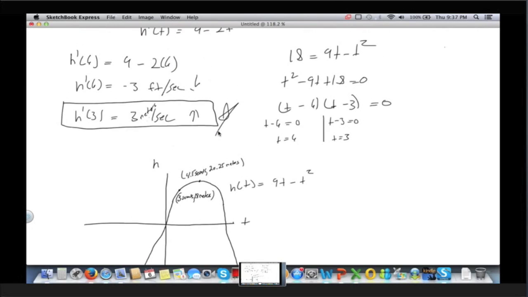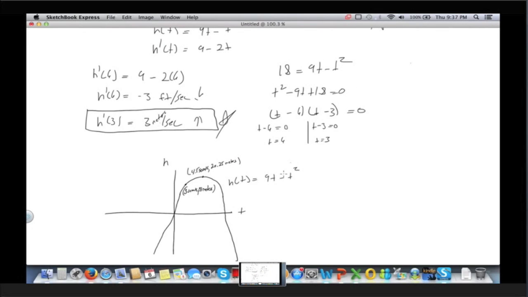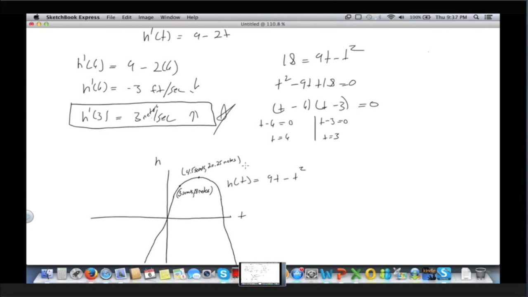This was a little easier because, as I think you were mentioning, this problem gave us the h coordinate. It said 18 meters, and we just had to figure out the t. And then we had to go on a little bit more and do some other stuff. All right. So anyway,